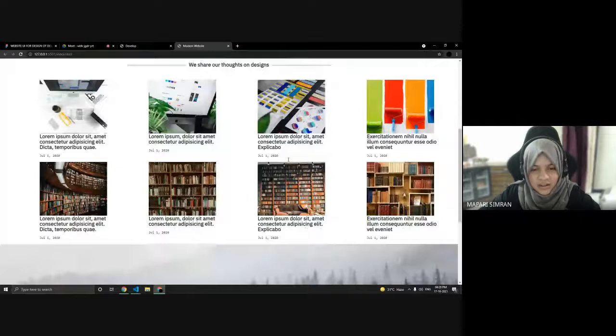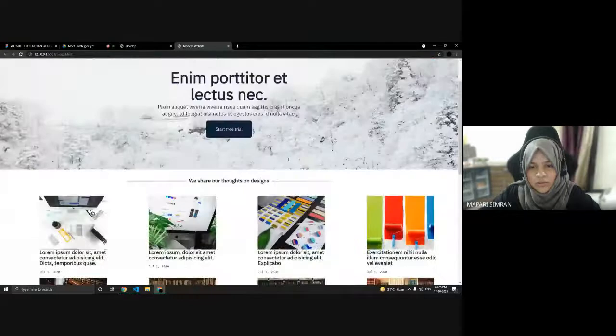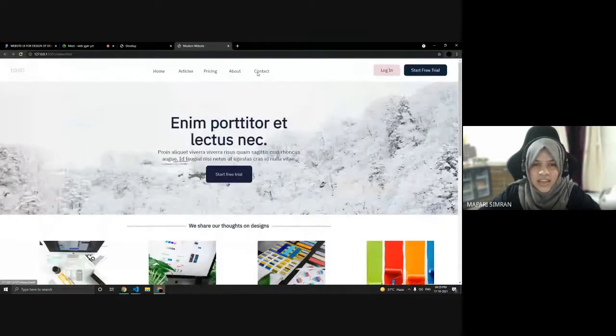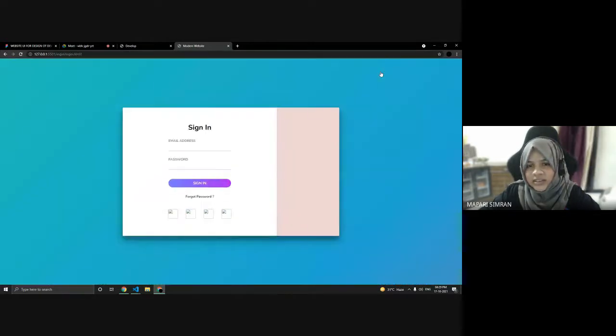So you can try this design on your own and login and sign up page, or if you have made another design in yesterday's session, you can make that as well and you can share with us. Here you can see if I click on login, I get this login page. I've not added the images here.